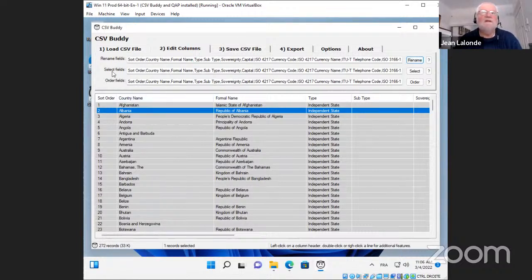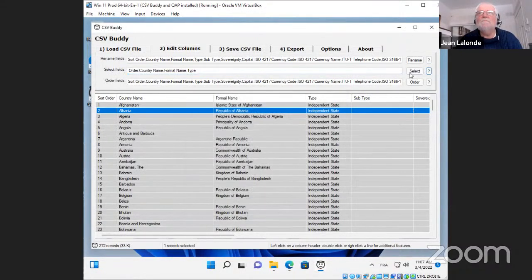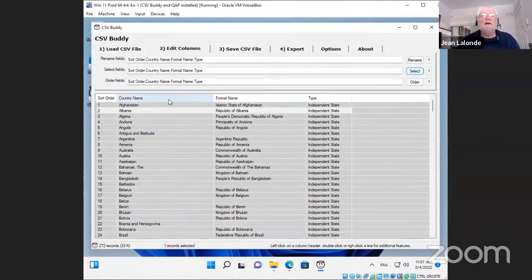The second option is to select fields. So if I don't want, for example, every field after subtype, from here I can delete until the end. There's a lot of columns that you don't see, but if I select here, it will remove, oops, I just forgot to press delete. Here until the end, delete, and then select. So now I only have these 4 fields. I don't have the remaining columns,